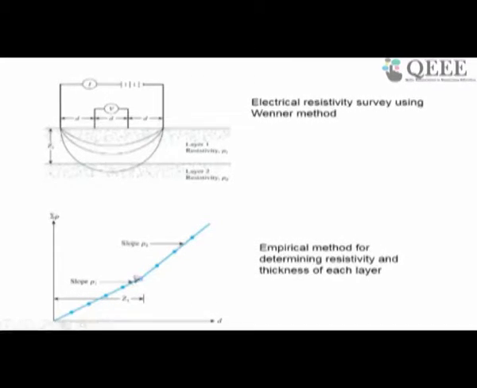So as you change the value d, the distance between the electrodes, the corresponding resistivity will also change, and at some particular point, the slope of the line will change. You will get a resistivity versus distance graph, and correspondingly you can find out the slope. Okay. So this is the basic method which you use to find out the resistivity of the ground.